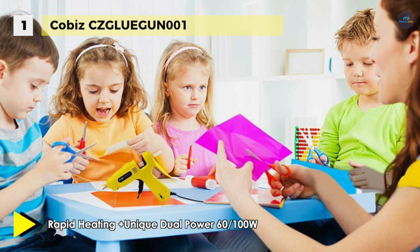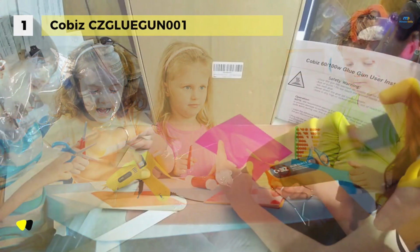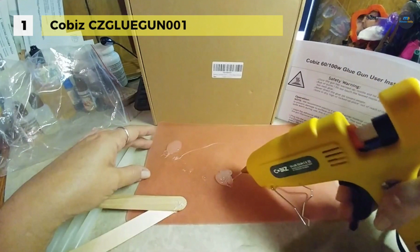On the other hand, with 60 degrees, you can get a thinner and cooler slow-running hot glue stream for fine